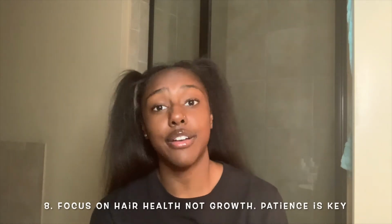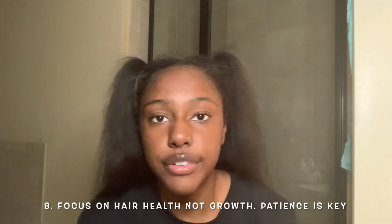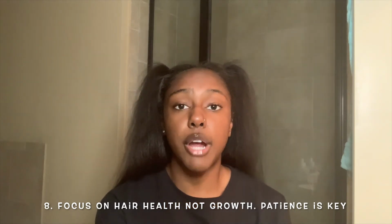Tip number 8 would be to make sure that you are focusing on your hair health and not your hair growth. Hair is only going to grow if it's healthy. So you should really prioritize the health of your hair, and the length will come. I've been natural since I was like 8 years old. So I've really been doing this hair journey for years. That's why my hair is this long, and you need to have patience, because it takes years to achieve long hair. It's not going to happen overnight, but if you use these tips, you're definitely going to see results,